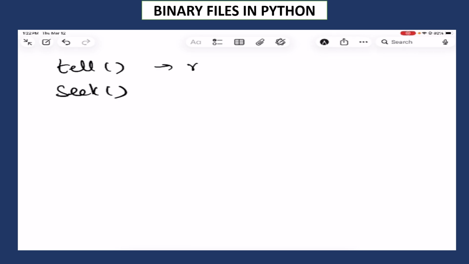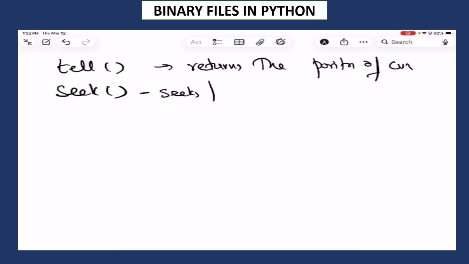What does the tell function do? It returns the current position of the cursor. And what does the seek function do? It seeks or brings the cursor to the desired position,